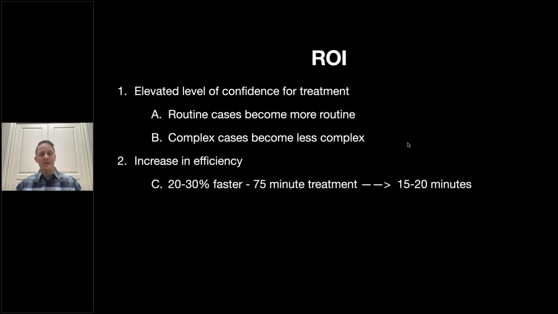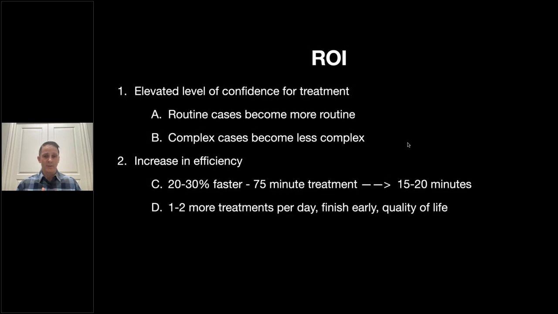And I would say, roughly, from my experience and talking with other clinicians as well, it makes you about 20 to 30% faster. So let's just take a 75-minute treatment on average. That's going to cut your 75 minutes down to 60 minutes, maybe a little under 60 minutes. So you're saving 15 to 20 minutes per case. 3 cases in the morning, you're talking about an hour that you can save. If you do 3 in the morning, 3 in the afternoon, 2 hours that you save over that time period. You can do a couple things with that: add in another treatment per day, or 2 treatments, and save those for emergency time slots.